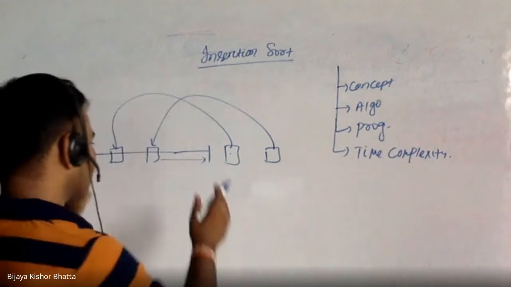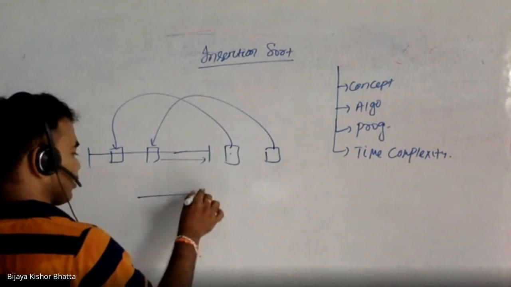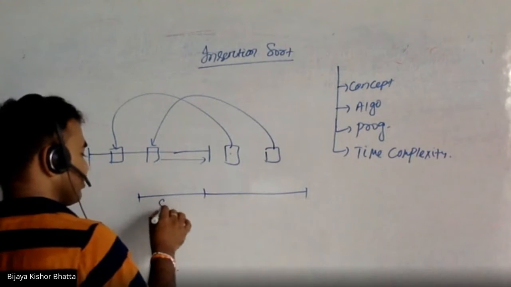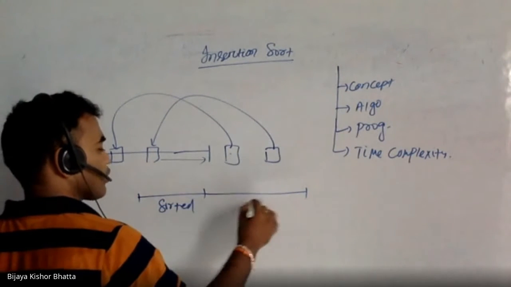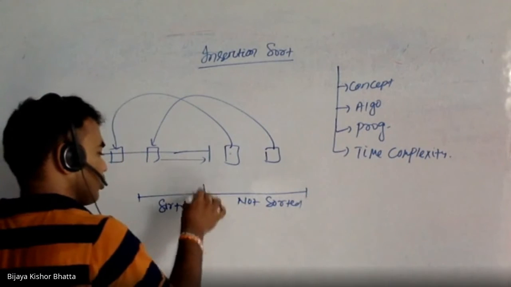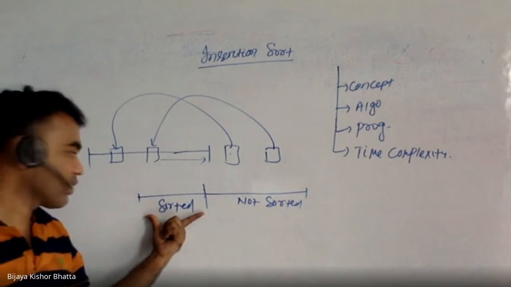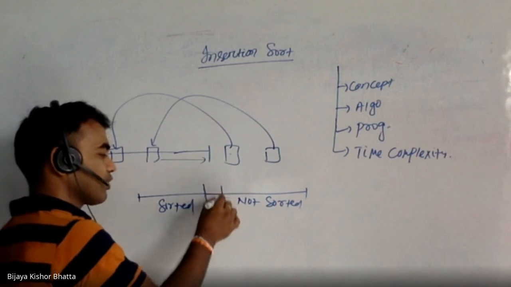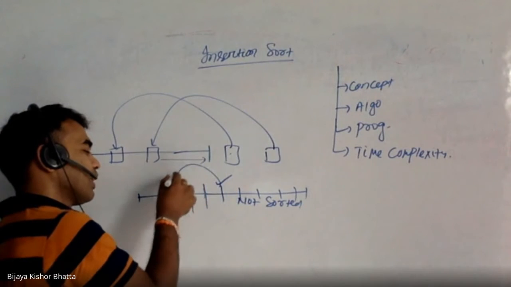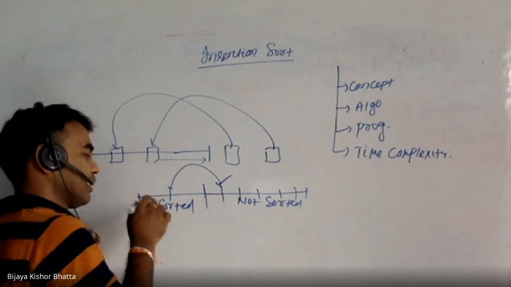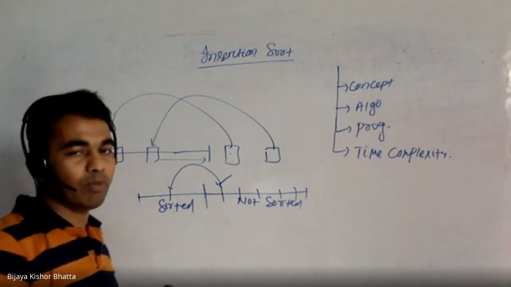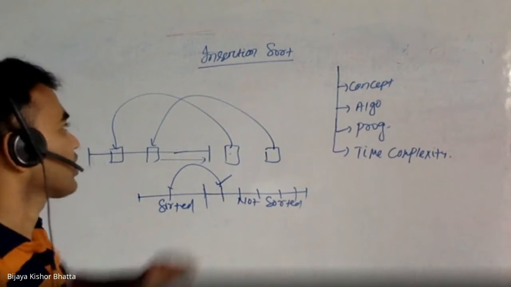So that means already a sorted array is given. There are 2 things actually. If you look into this, I'll go into details, no need to worry. One is the sorted form and one is unsorted, or not sorted, right? Suppose till this point it is already sorted, and you will take one more element from here. Suppose these are the elements, so you will choose this element and find where the appropriate position is and put it here. But accordingly you need to shift these elements a little bit, right? So you need to do some shifting operation, right? So that is the concept of insertion sort.